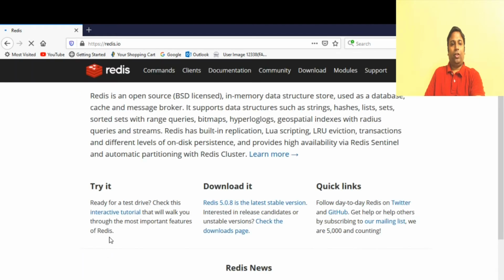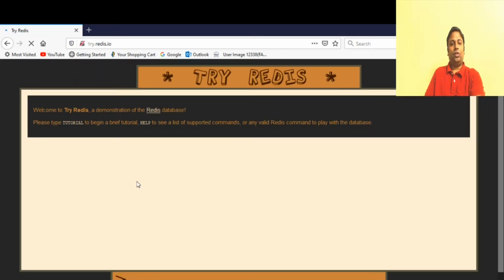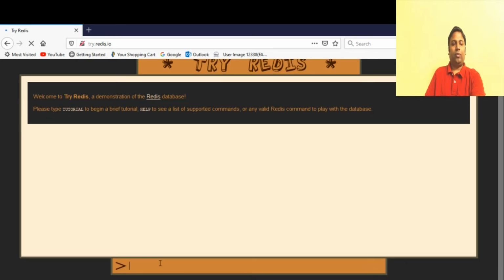You go to that particular web page, and then there is this option for interactive tutorial. Just click on this, and you can use this interactive tutorial to try all your commands. For instance, I can type ping here, and you can see I get a response from the server. So you can very well use the interactive tutorial for practicing some of the Redis commands.